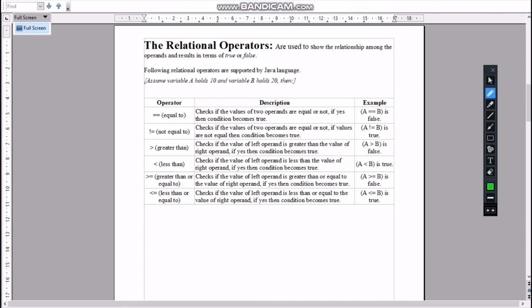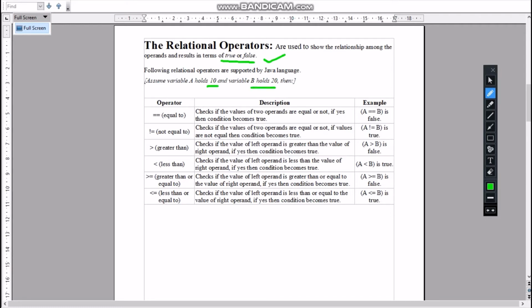Now the relational operators. They are used to show the relationship among the operands and result in true or false. The following relational operators are supported by the Java language. Let us assume that variable a holds 10 and variable b holds 20.